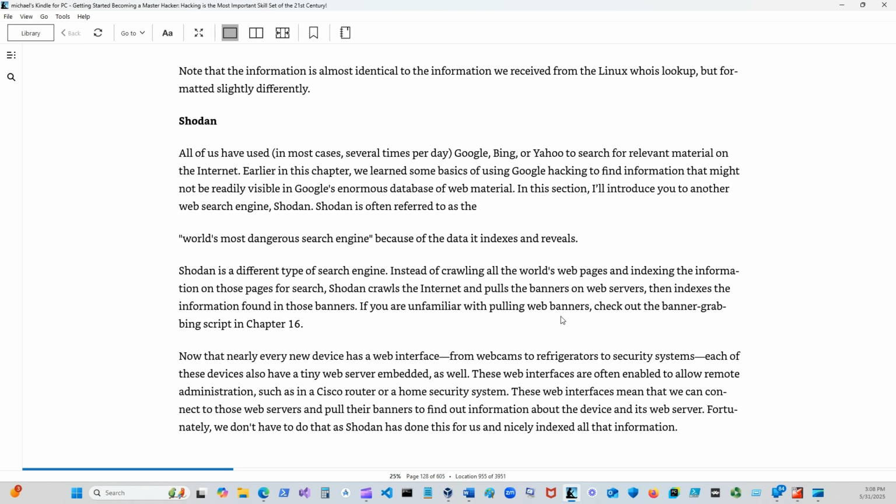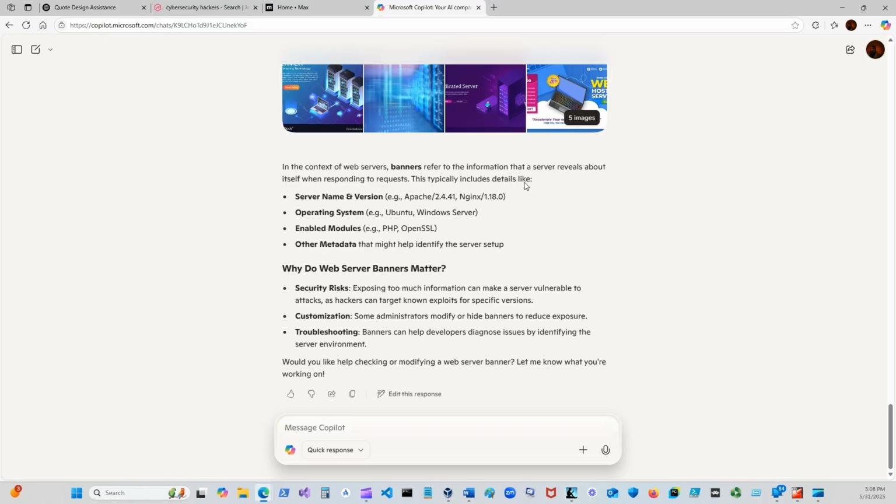It checks the banners instead of how Google does it. So now I know what banners are, right? Now I don't want to go deep into this; it's beyond the scope. But at least you have some idea what banners are. It's part of the protocol. When the packets go back and forth, they're sending information, so banners are part of all the packets. But that's going real deep. We want to keep it on the surface and go, okay, we know what a banner is.